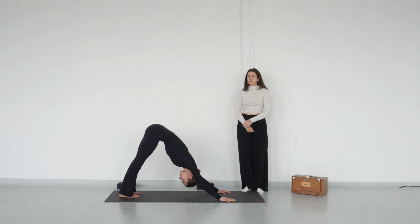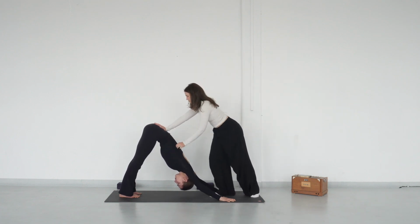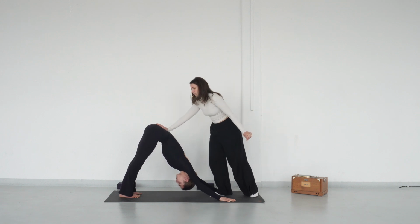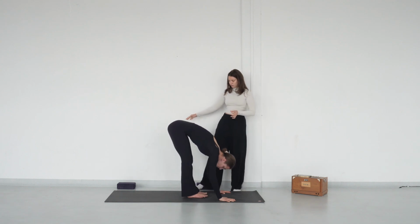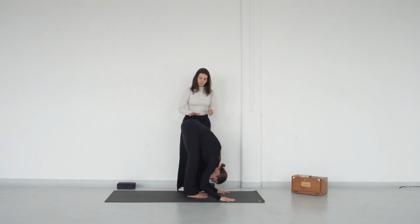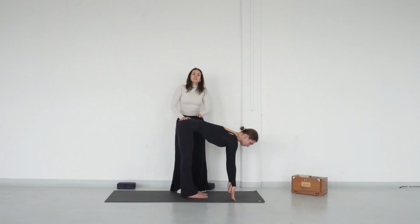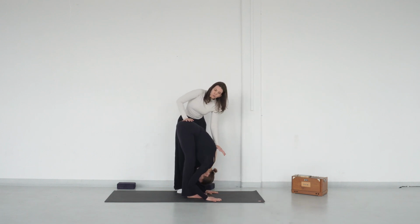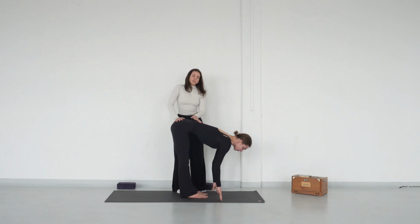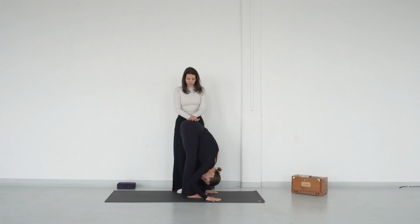Inhale and exhale. Begin to walk your feet forward to the front of the mat. Fold down over your legs. On the inhale, find a long spine. Ardha Uttanasana, half Uttanasana, and exhale, full Uttanasana, fold down. 2 more. Inhale, long spine, open the chest. Exhale, fold and release the neck. Last time, breathe in